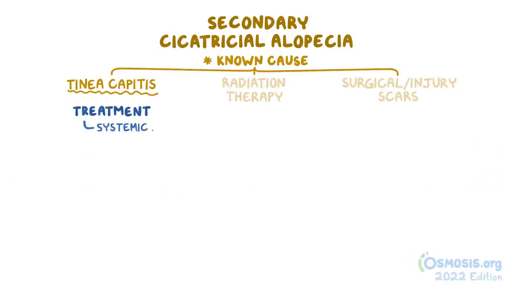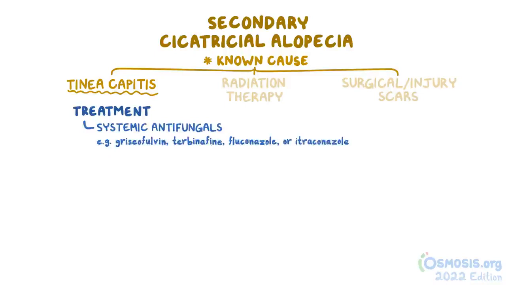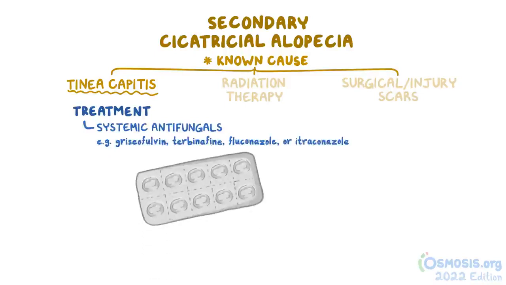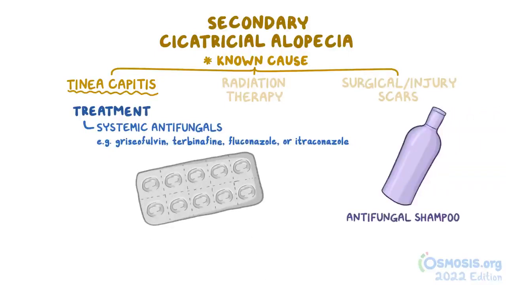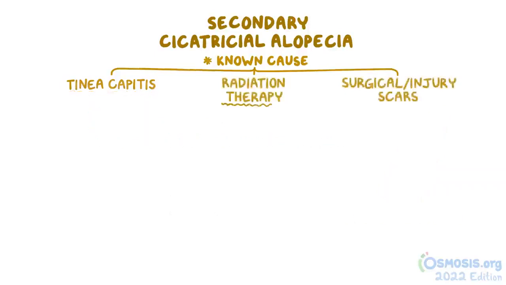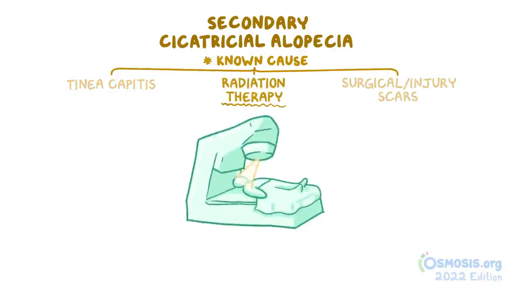Treatment involves systemic antifungals like griseofulvin, terbinafine, fluconazole, or itraconazole. Adjunctive interventions for tinea capitis include using a shampoo with antifungal properties to reduce the risk of spreading the infection to other individuals. Secondary cicatricial alopecia may also be secondary to radiation therapy administered to the head, and it's most